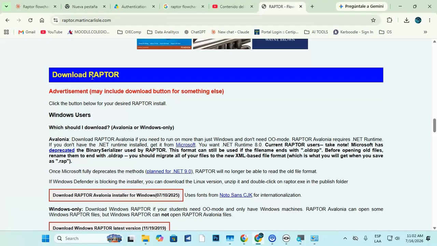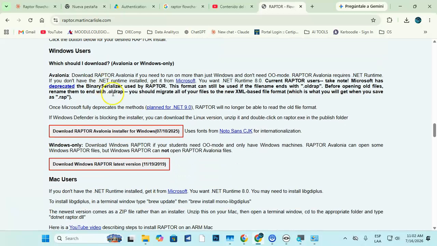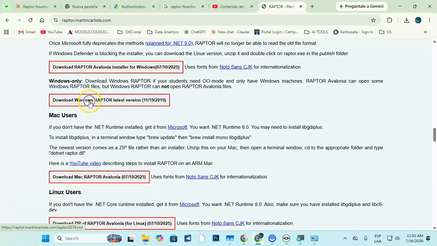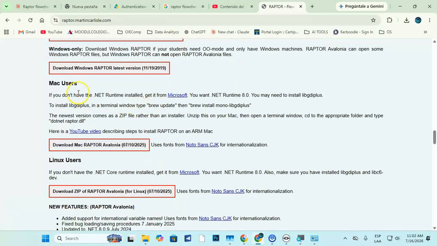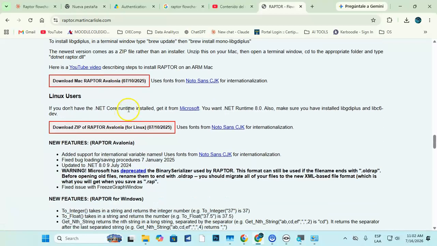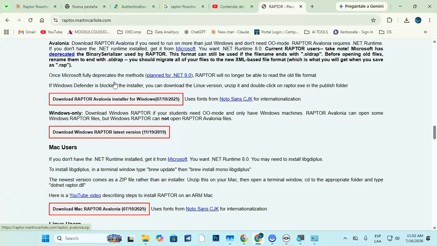Now, if you have a Windows machine or laptop, download the version 2019. For Mac users, download the Download Mac Raptor Avalonia. Let's download the Windows 2019 version. When you click here,